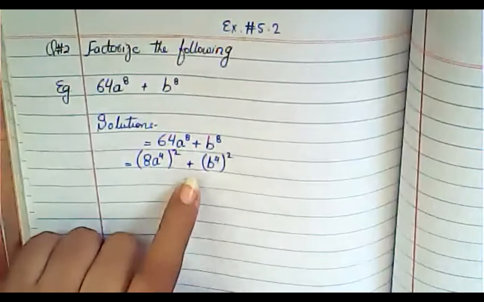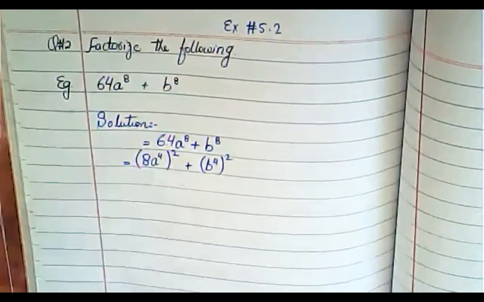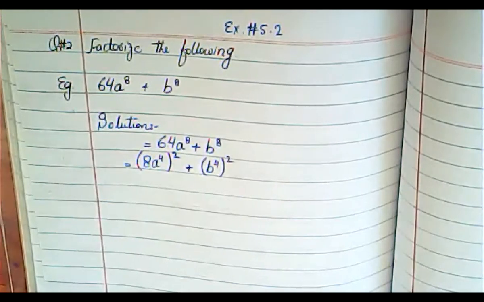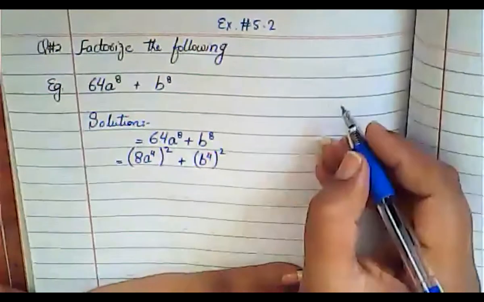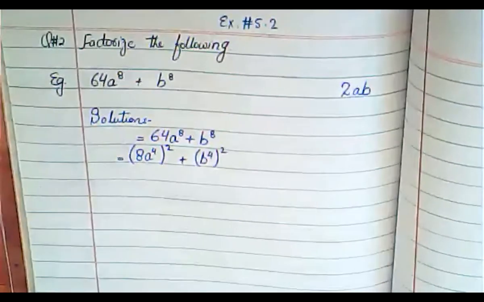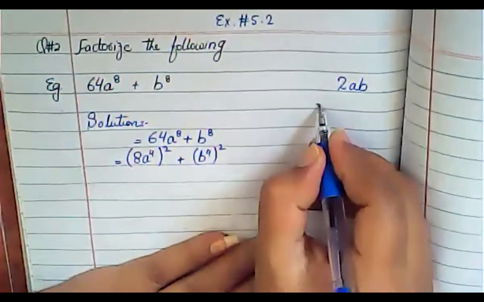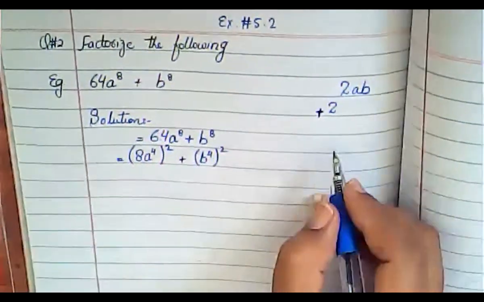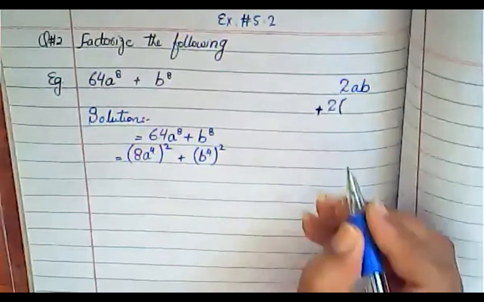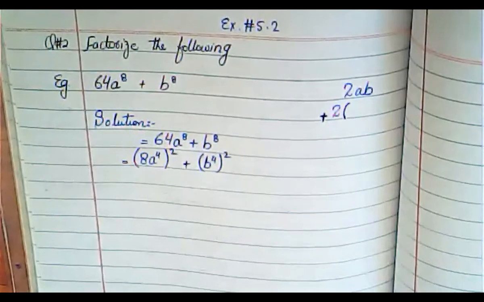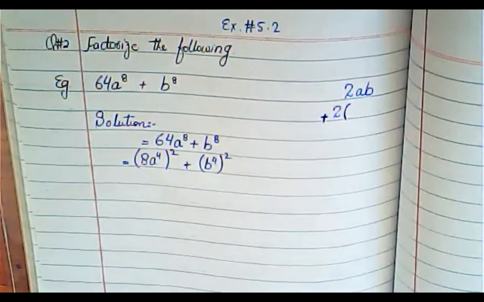Okay, now what is missing here? What is missing here to make it a perfect square? 2ab, that is, the middle term is missing here. So we will decide what will be our 2ab. Okay, so look at here, this is 2, and it will be plus because here we have plus. So 2, what will be a? What will be term a?